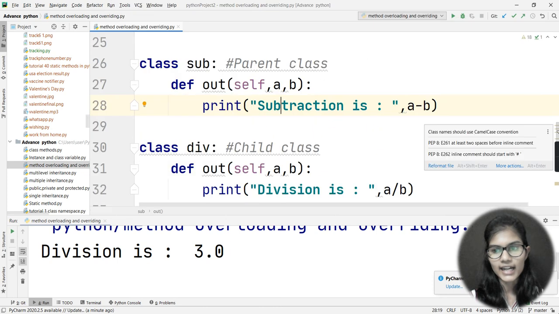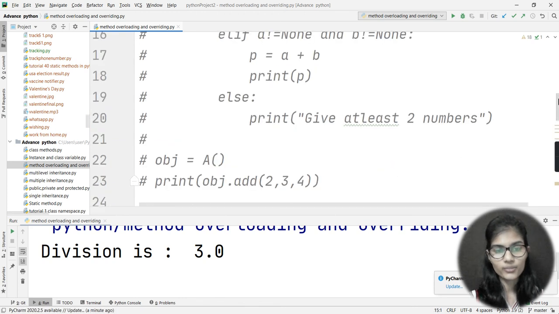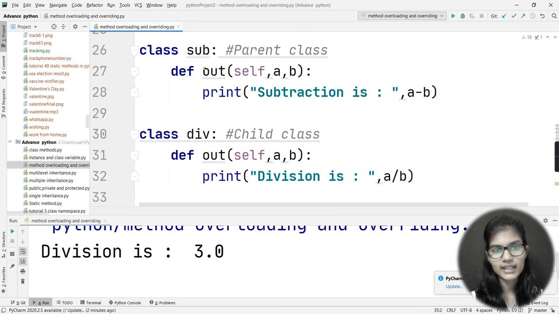Now, when I had made the object for my child class, div is my object for it, which is basically my child class, right? So when I made the object for my child class and tried to access this function, that is out, with the help of the object of my child class, the same name of the function was even given to my parent class also, right?